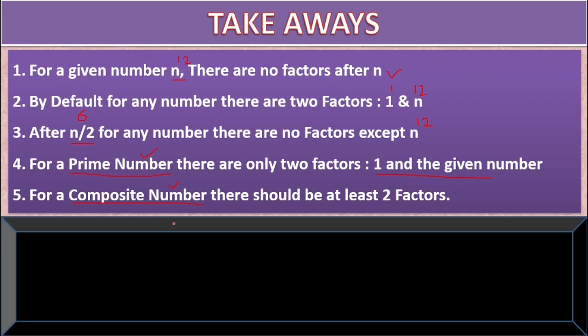Like such, if I take 7, 7 is a prime number, right? I have only two factors, they are 1 and 7. You can check, there are no factors in between. If I take any number between 1 and 7, I will not be getting any factors. And in the same fashion, if I take 12, I will be getting 1 as a factor, 2 as a factor. As I got one more factor apart from 1 and 12, simply I can say it is no more a prime number, it is a composite number. This is a composite number, whereas this one is a prime number. This is what I would like to explain here.